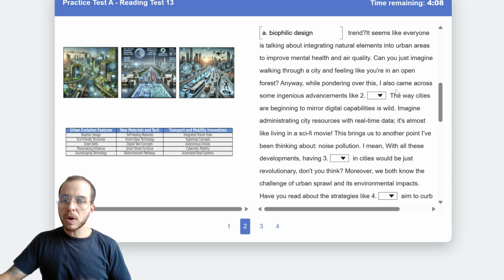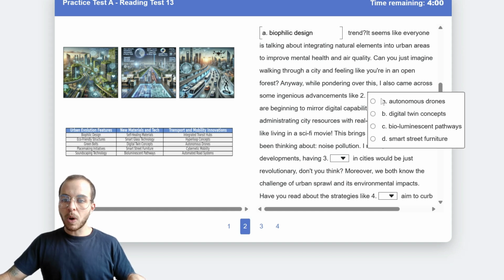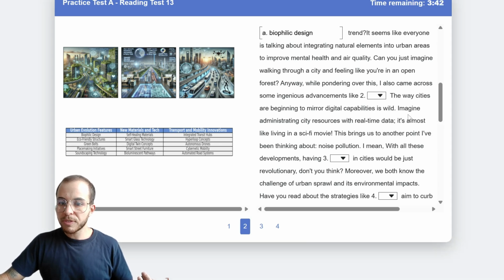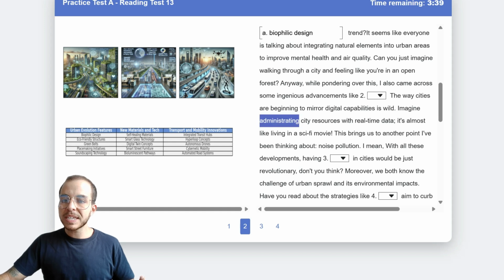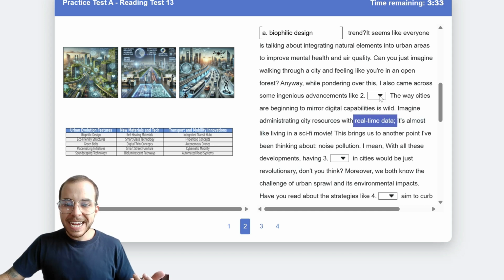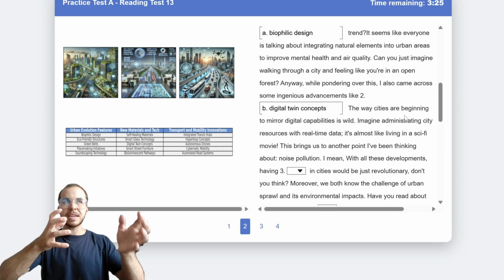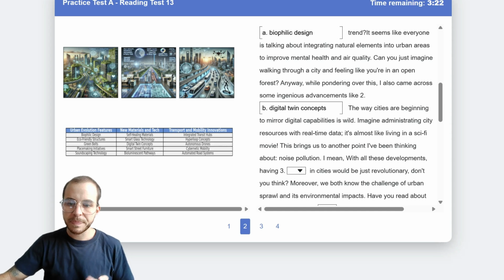Anyways, while pondering over this, I also came across some ingenious advancements like blah, blah, blah. The way cities are beginning to mirror digital capabilities is wild. Okay, I also came across advancements in which answer would fit here. So far, we still don't really know, so we could read further. I imagine administrating cities' resources with real-time data is almost like living in a sci-fi movie. Data, digital twin concepts. That is the closest answer we have to data, because they take the data of a